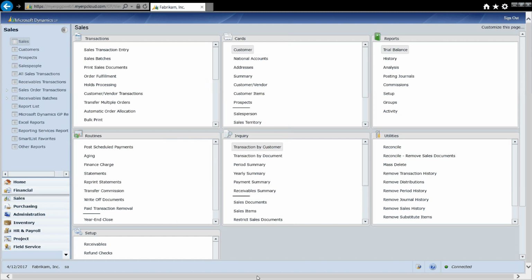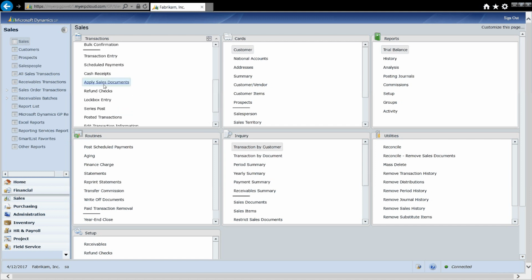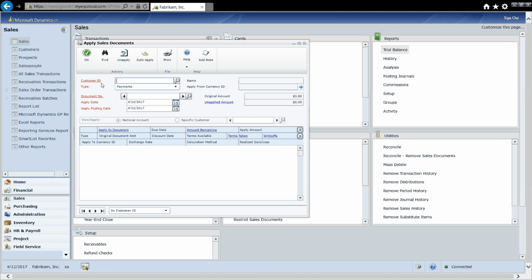Another thing that's easy to do in receivables management in Dynamics GP is to apply existing credits to existing invoices. To do that, I'm going to go to the sales area page again, go to transactions, and scroll down a little bit to get to apply sales document. Again, what this lets me do is apply posted credits or payments to existing debits or invoices in my system. For example, I might look up a customer ID here,